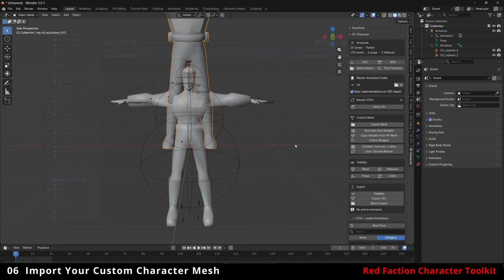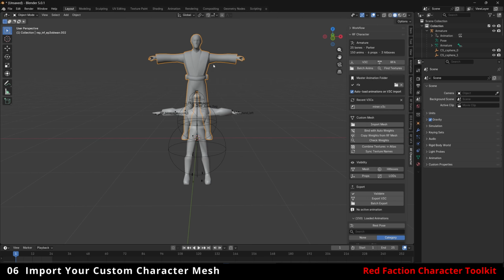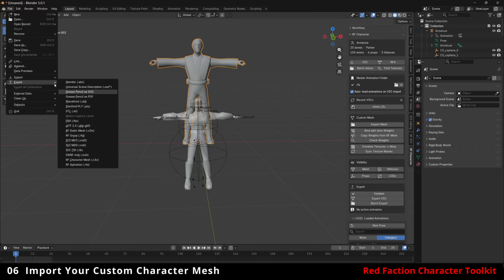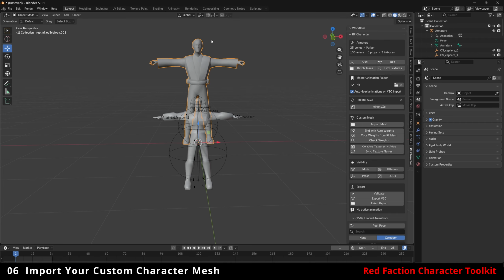I happen to have a low poly character mesh ready to go. When you click this import mesh, it's basically using the import button, but it allows you to import any type of file you have an add-on for already. Find your mesh, import it,